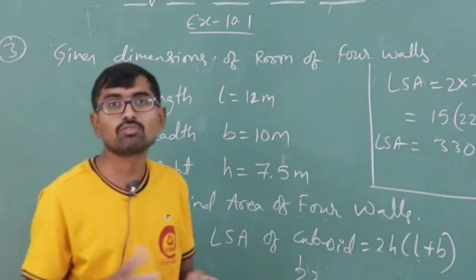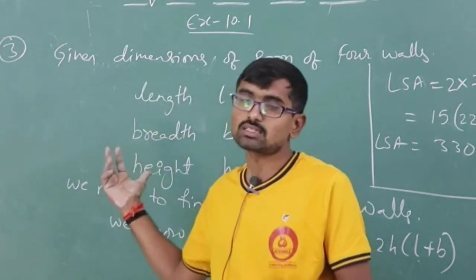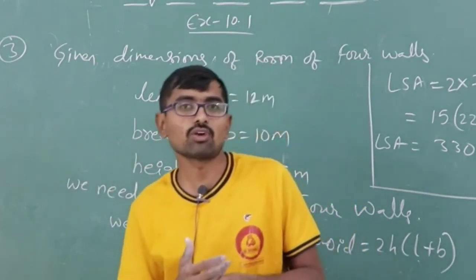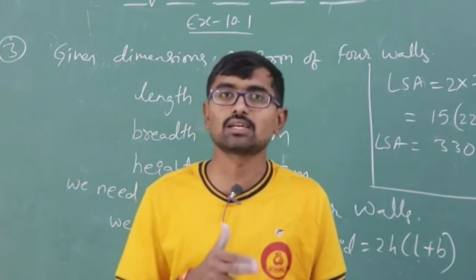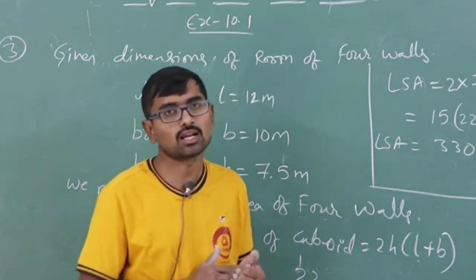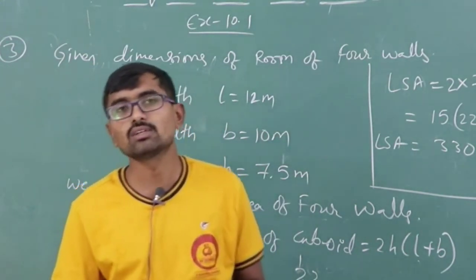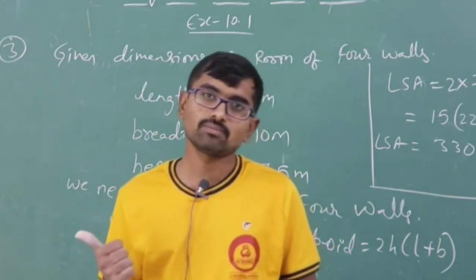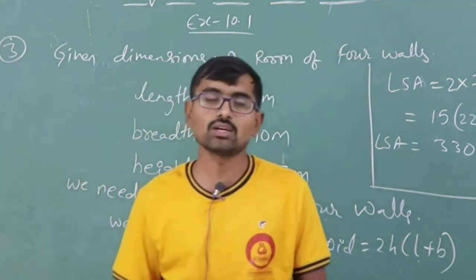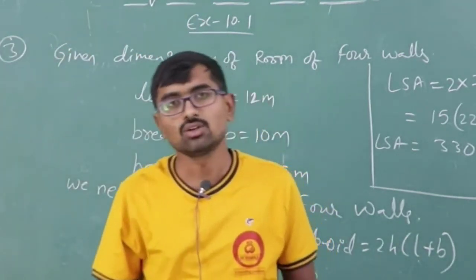So what we did in our class, we just discussed the cuboid, and how to derive the formula of TSA and LSA of the cuboid, and volume of the cuboid. We also did 2 problems based upon this, and I have given you homework, that is the example problem based upon this cuboid, and also the fourth bit. You have to do exercise 10.1 fourth bit as homework.